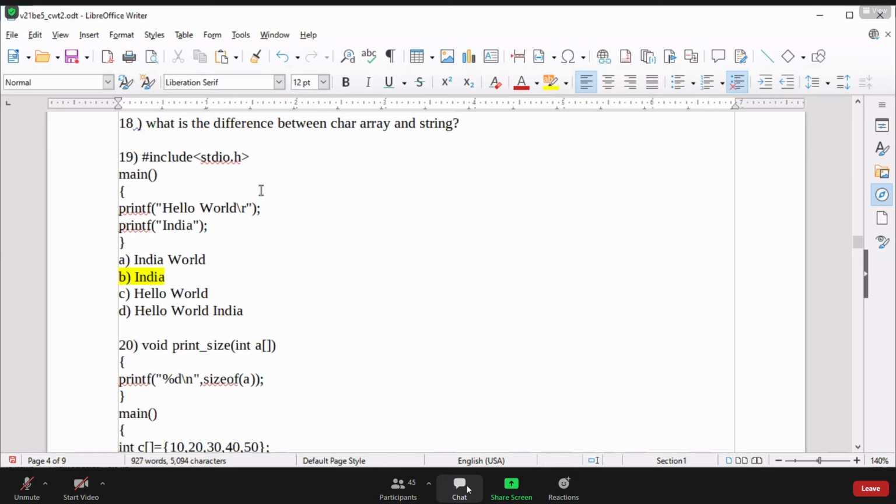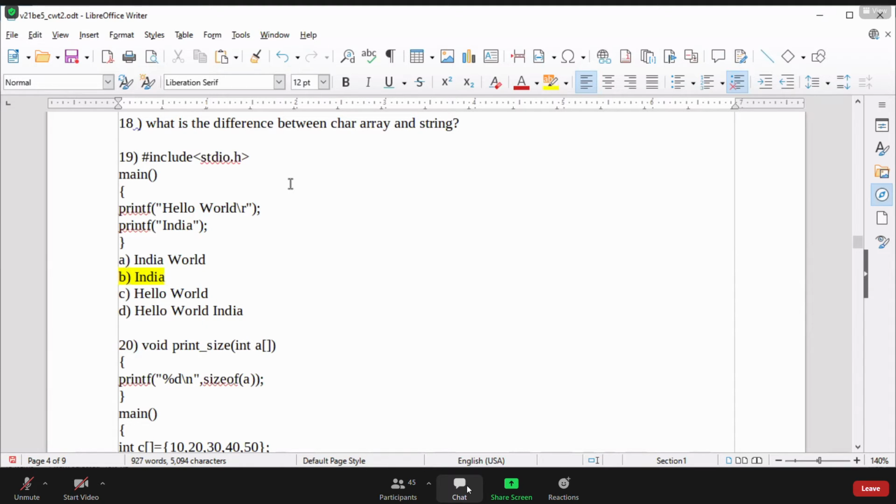Now next, question number 19. Here in this question number 19, so slash r, yes. About this one, some of the students were having some confusion. So how does it happen, how does it work? Try to understand this slash r concept. Slash r, slash b, these kinds of escape sequences are available, right? Actually, it's available in your vector material book also. Many escape sequences are there.